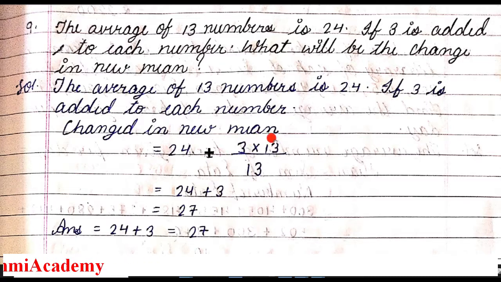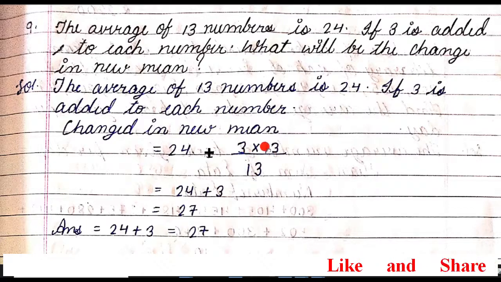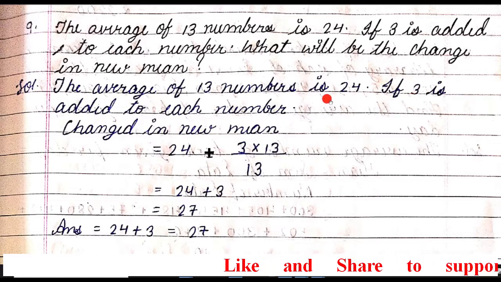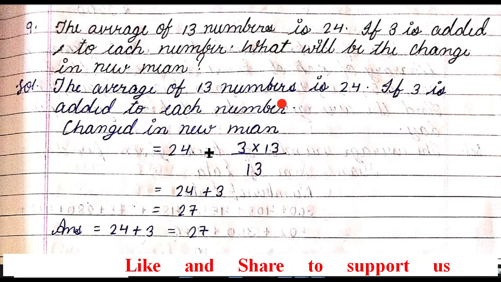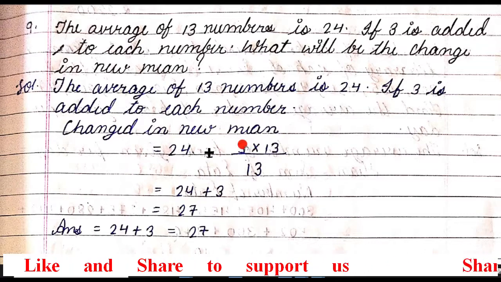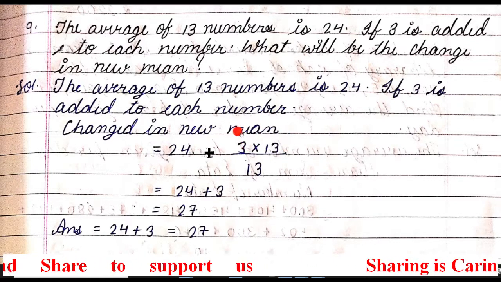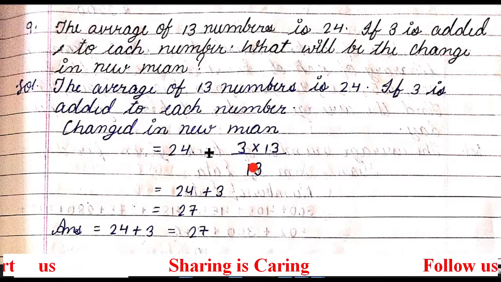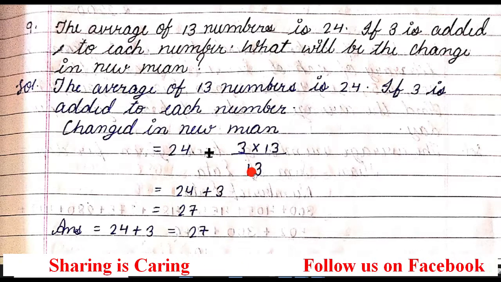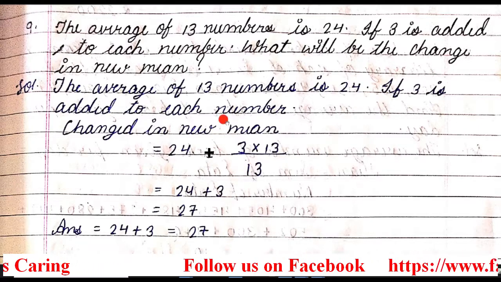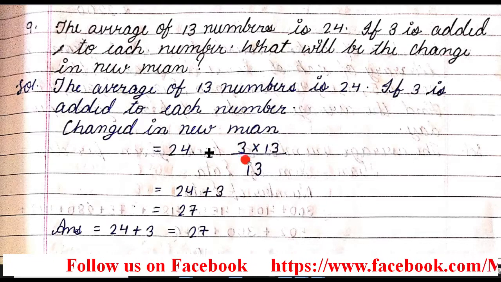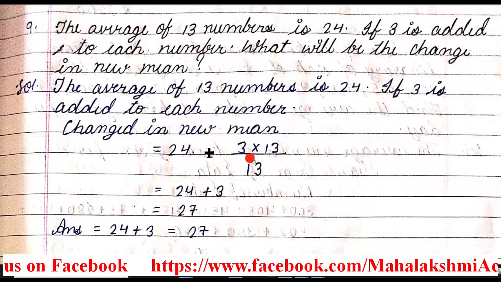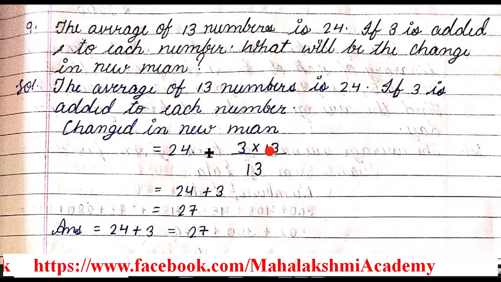So how did we get this term? Again I want to explain. We used the mean formula, that is sum of data upon number of data. How did I get this sum directly? Because 3 is added to all 13 numbers one by one, that is 3 plus 3 plus 3, so they added 3 thirteen times. The total extra is 3 into 13. That is the sum of data upon the number of data, which is 13, since 3 was added 13 times. So this gives us the mean of the extra 3 added in all 13 numbers.